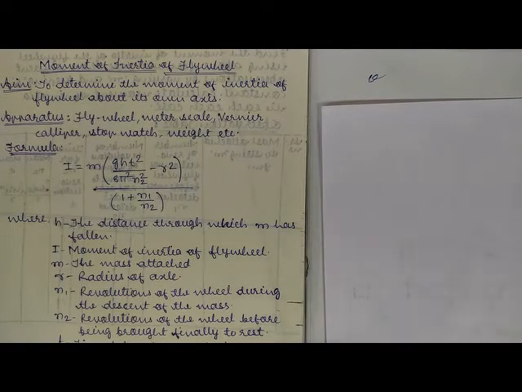So yes, you might have got the idea what exactly we have to do here. As you can see on the journal also, the aim of this practical is to determine the moment of inertia of a flywheel about its own axis, meaning about the axis it is rotating. About that axis we have to find the moment of inertia. Obviously we know that moment of inertia is generally defined mathematically as summation over mi ri square, right?